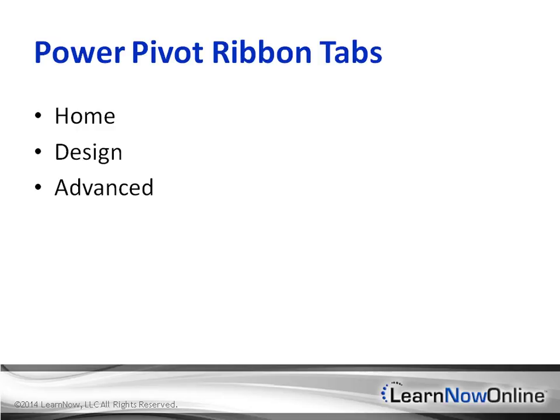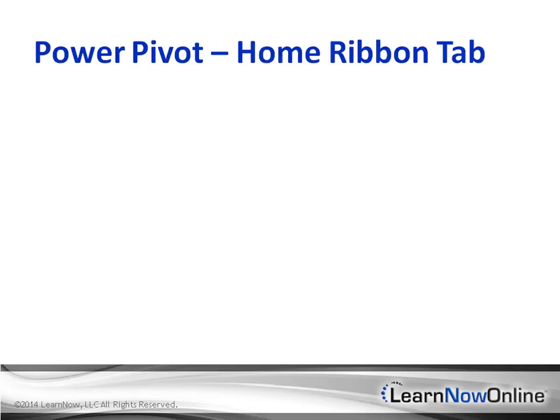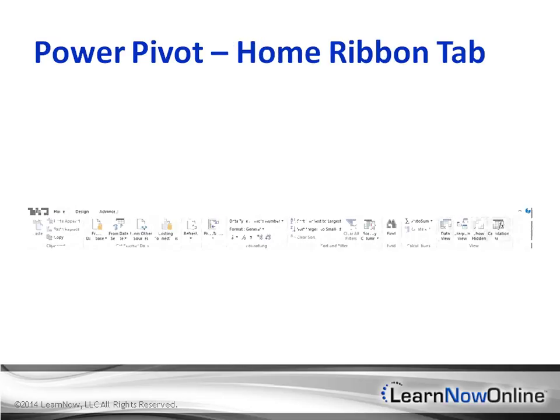For instance, the Home ribbon tab. This one is what it looks like. It contains all your connections to retrieve data, formatting, filtering, and sorting. Some calculations and views at the same time. In a certain way, it contains a lot of what you would see in your normal Excel formatting and Home